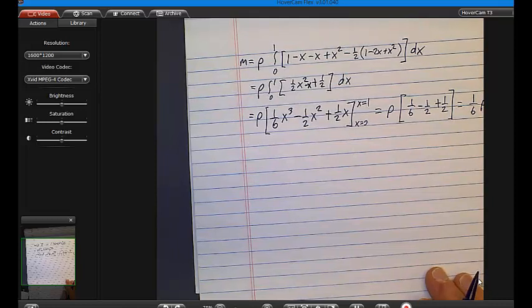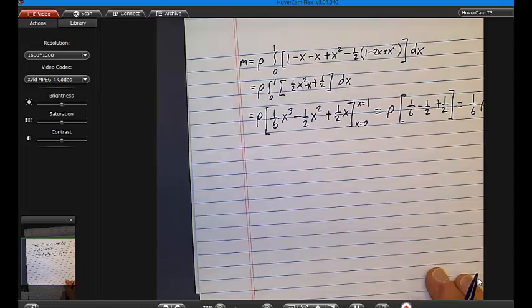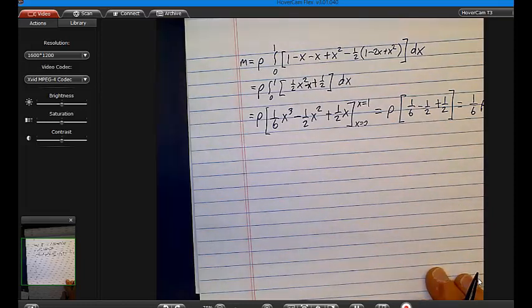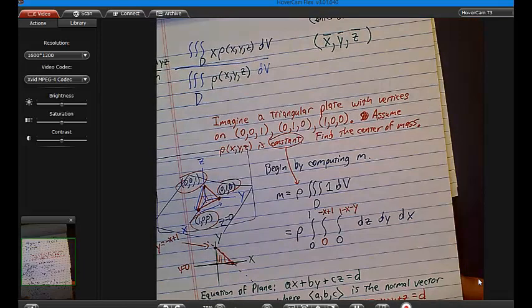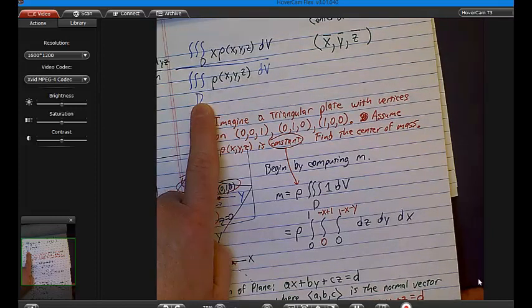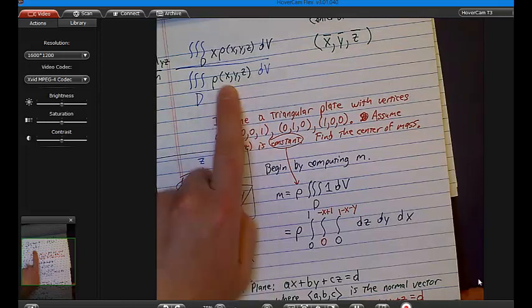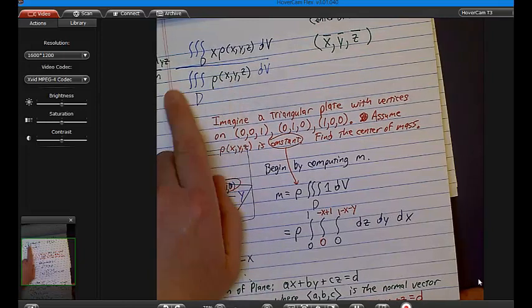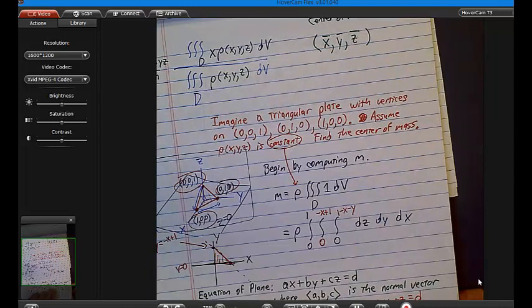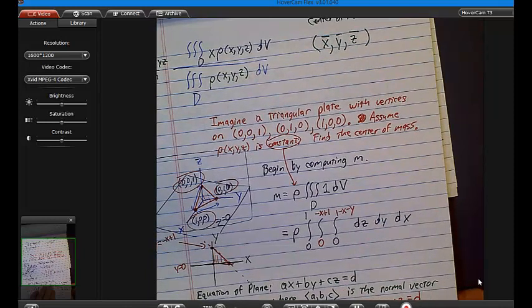Wow. Half done. Well, kind of, right? I mean, look at the original problem. It said, let's find the center of mass. We found the denominator is 1/6. Now we have to do the numerator just to get x bar, then we still need y bar and z bar. But we're going to say we have it once we have x bar. So next,